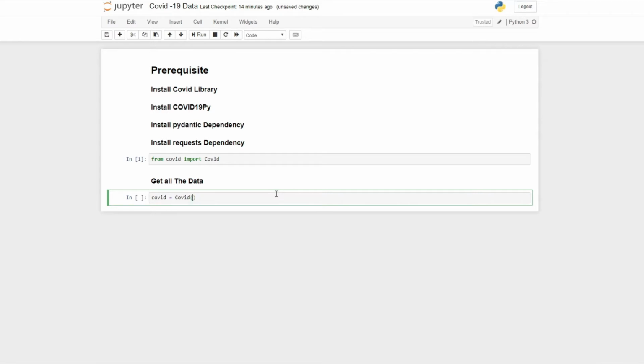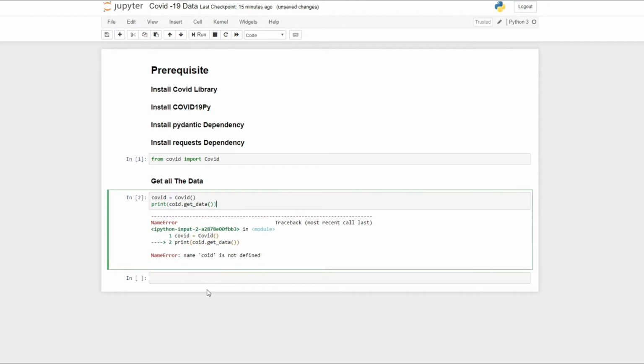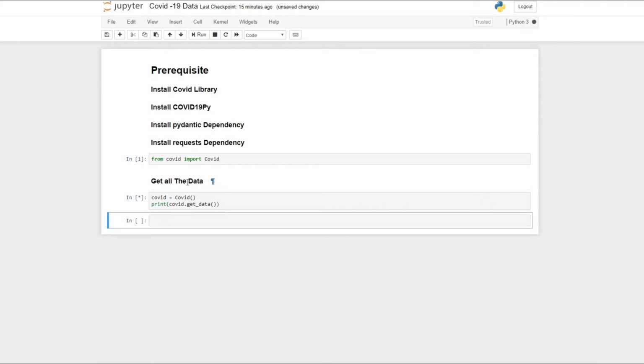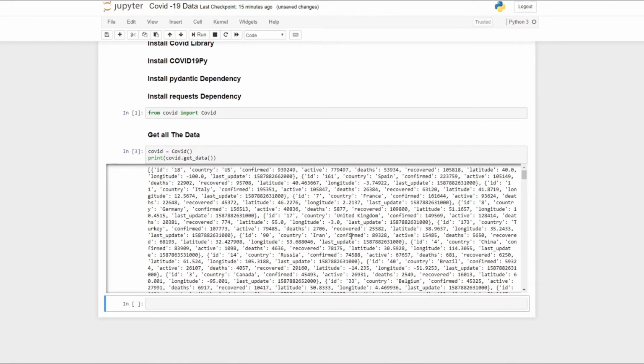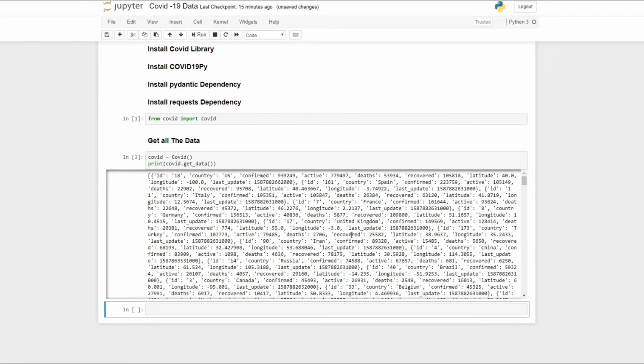Now we will print all the data, right? COVID dot get data, and since this is a method, you have to write parentheses over here, and that's it. Now if I run it, there is an error, that COVID is not defined. It is COVID with a capital C. Now if I run it, you can see it loaded all the data related to coronavirus.